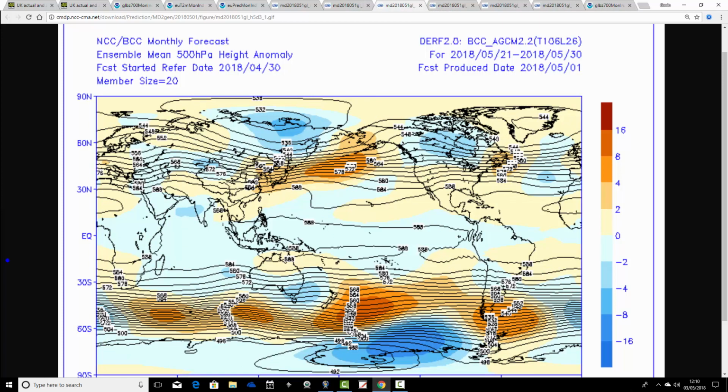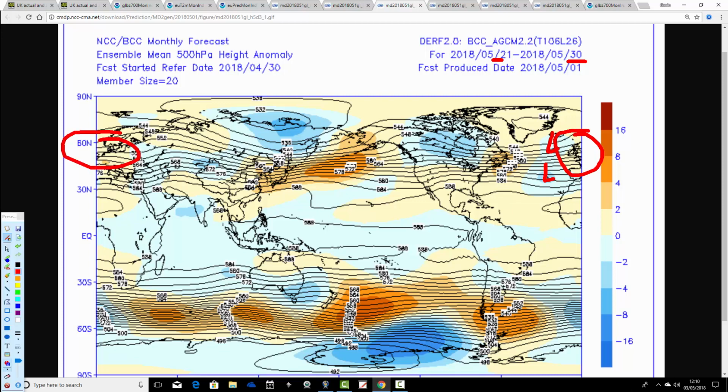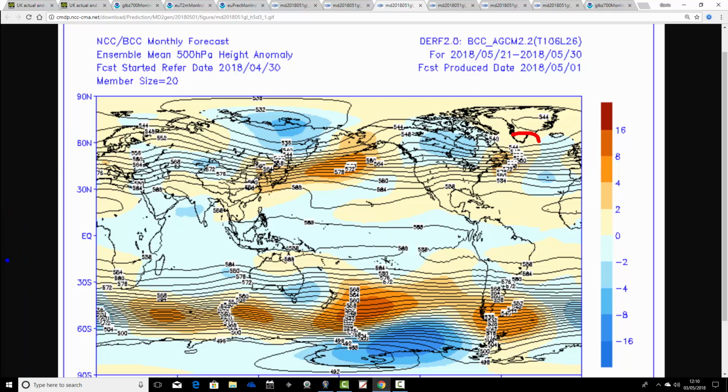And then we go through to the final 10-day period of May. This one takes us from the 21st through to the 30th of May, and we get below average heights setting up out to our west. Weak heights over the UK and over central parts of Europe as well. So that one again is looking quite strange. The flow and the jet is doing something like that. I suspect that one's turning more unsettled from the 21st May through to the 30th, turning rather more changeable and